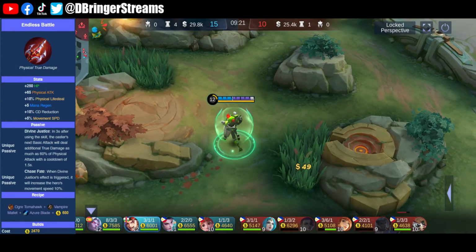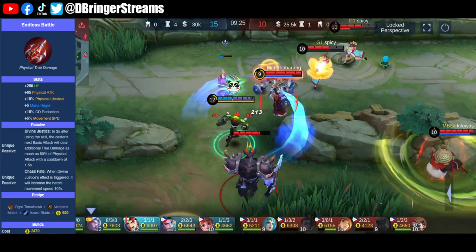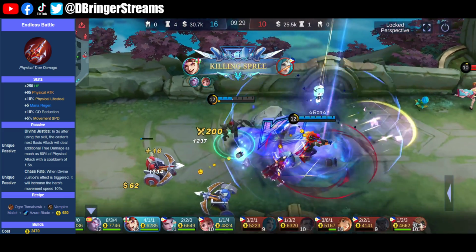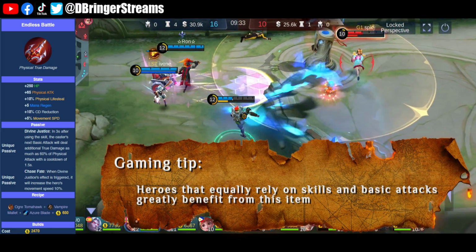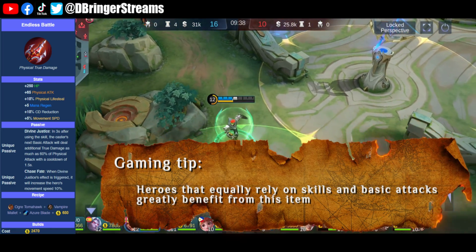Endless Battle is probably the damage item with the most stats. It's a very well-rounded item that provides not just longevity in battle, but also damage and mobility. No wonder it's the second most expensive physical damage item in the game. This item is most ideal for heroes who have low skill cooldown and cycle through their skill damage and basic